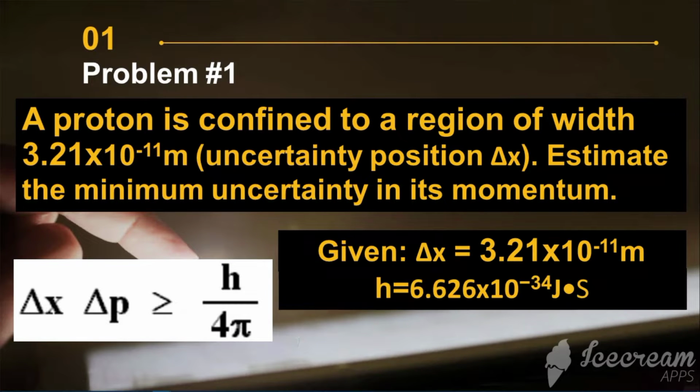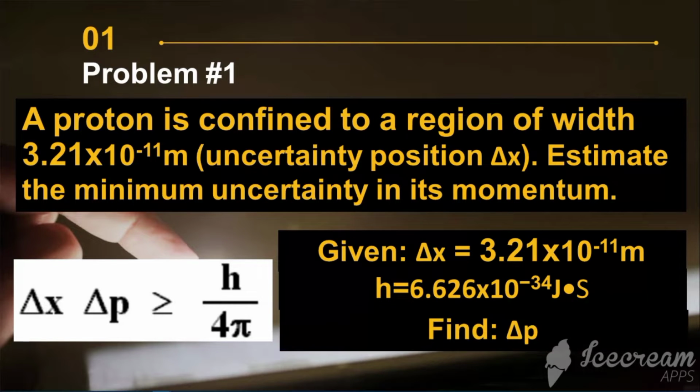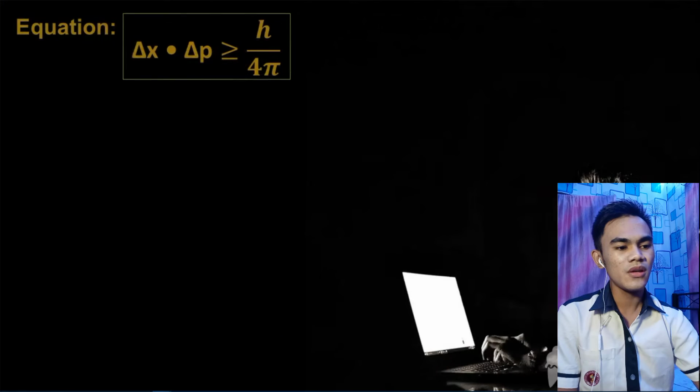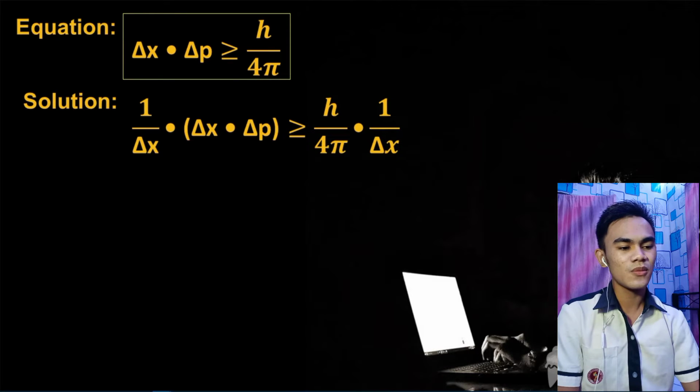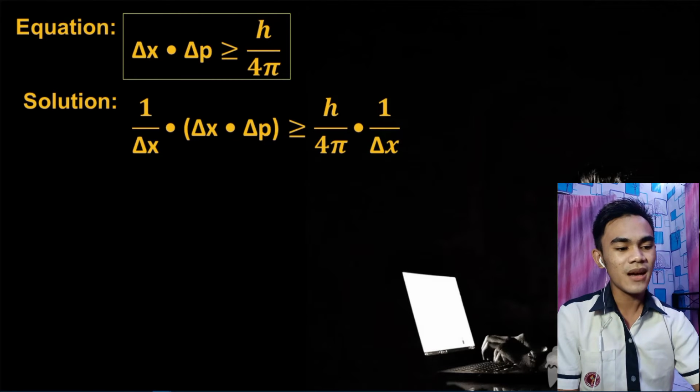We have here 3.21 times 10 raised to the power of negative 11 meters, and we have the Planck's constant, which as we all know is equal to 6.626 times 10 raised to the power of negative 34 joule seconds, and we are going to find the change of momentum, or delta P. So we have here the equation. In order for us to find the delta P,